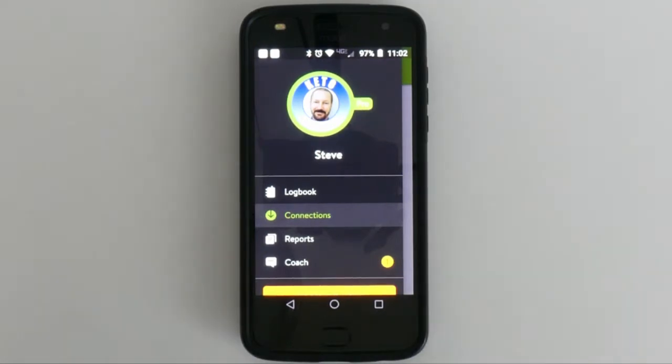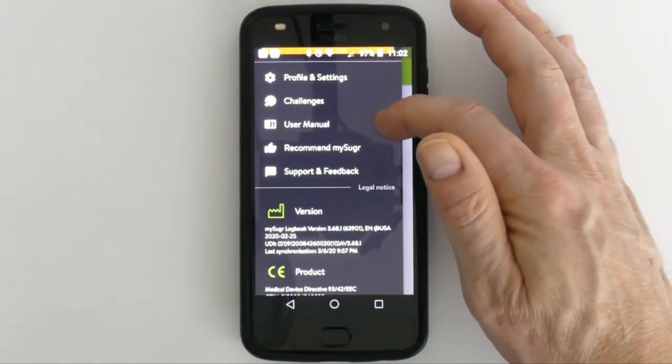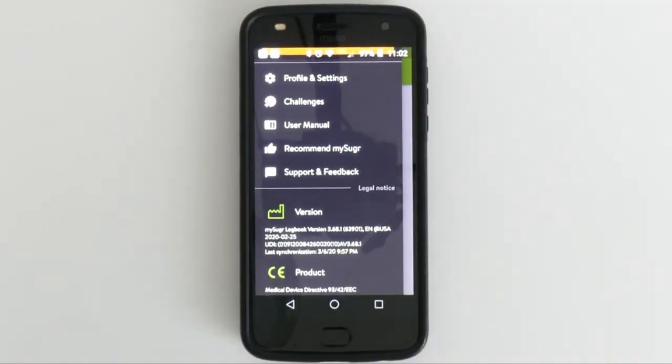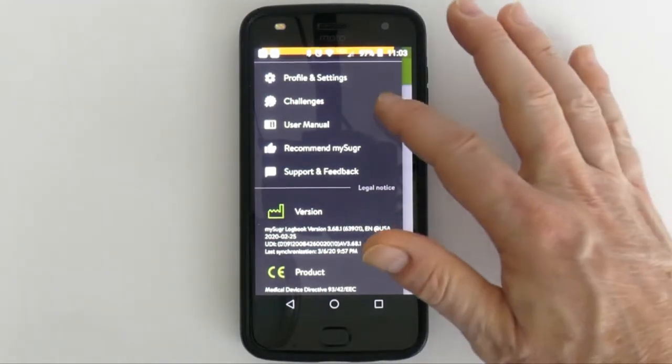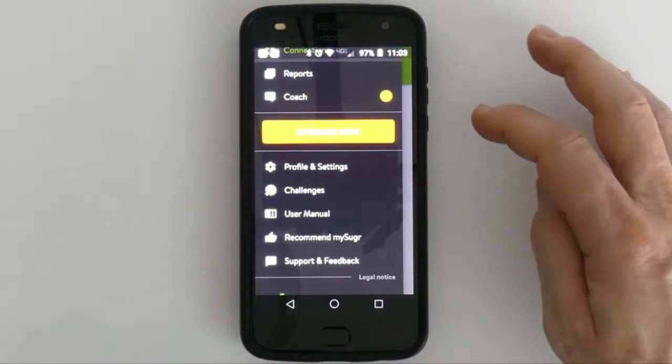So going through the app, this is the home screen. You have Logbook, Connections, Reports, and Coach. You have Profile and Settings, Challenges, which I don't do. It's kind of, you're competing against other people that use the app. User's Manual, and then they have things that they want to sell you, recommended by MySugr, and then Support. So we'll go to Profile and Settings,